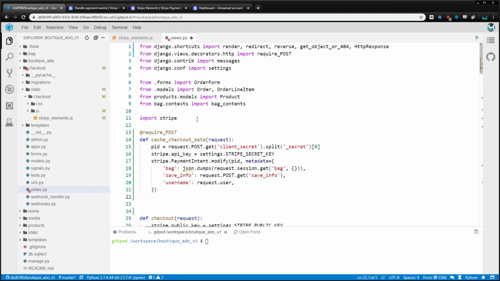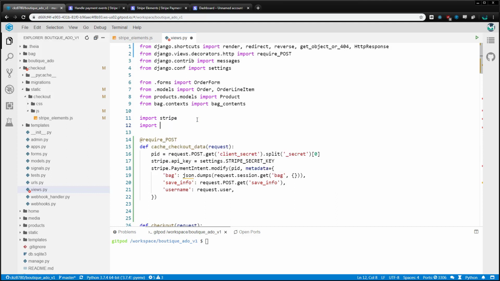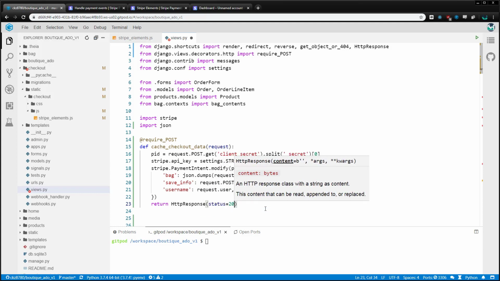I'll also import json up here since we're using that to add the bag to the metadata. After adding that stuff, all we need to do is return an HttpResponse with a status of 200 for OK,